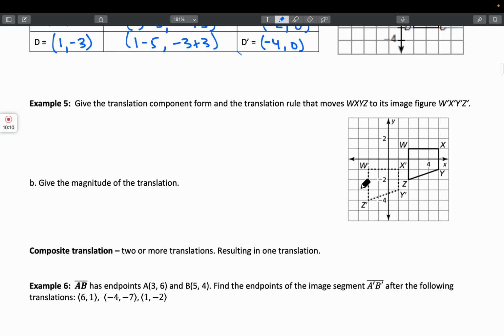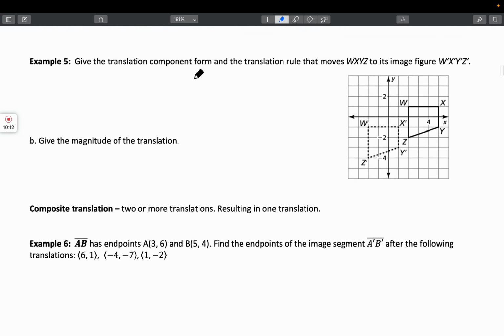All right, example 5. We want to give the translation component form and the translation rule that moves W, X, Y, Z to its image figure W prime, X prime, Y prime, and Z prime. Now, in order to do this, we really just need to pick one